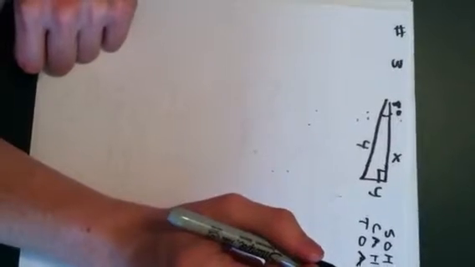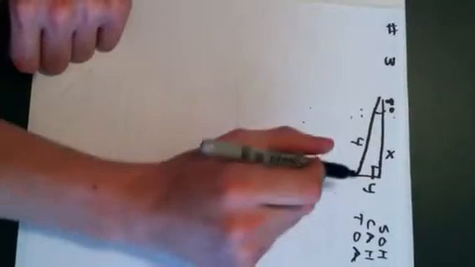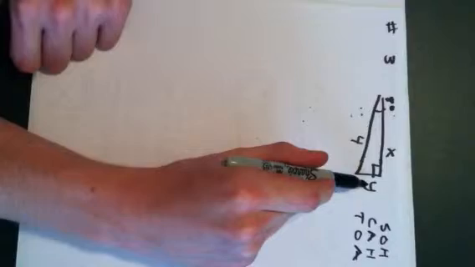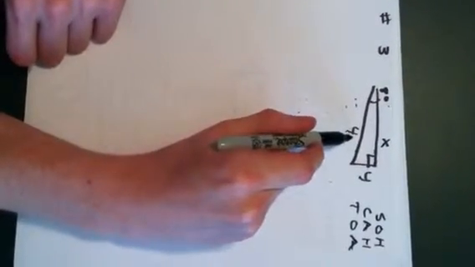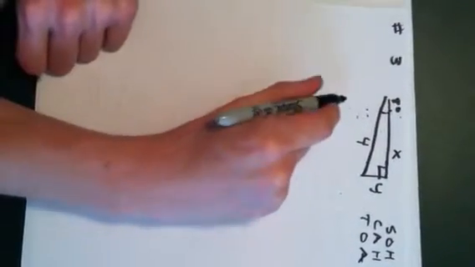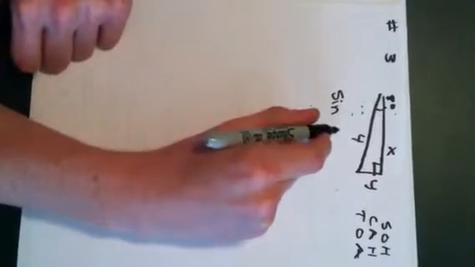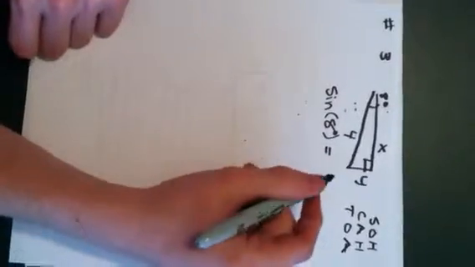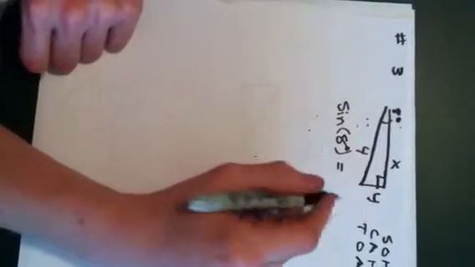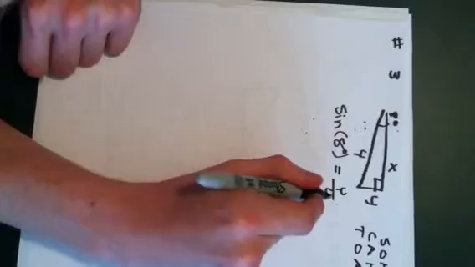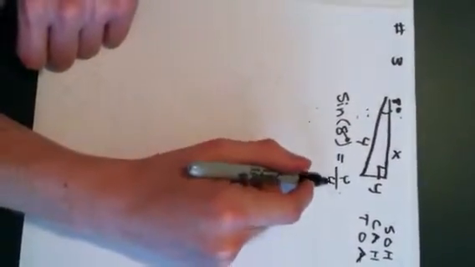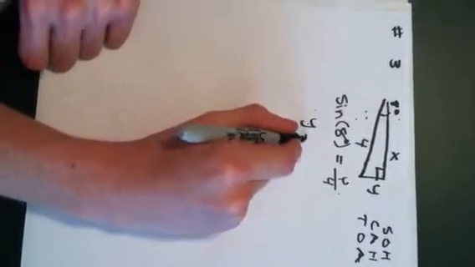So let's solve for the y first. So the way you do that is you look at this number. Y is opposite, and then we know our hypotenuse. So we're going to use the sine function. So sine of 8 degrees is equal to the opposite over hypotenuse, so y over 4. So when you get that, you get a number here, and then you times it by 4 to solve for y. So you get a y that is equal to